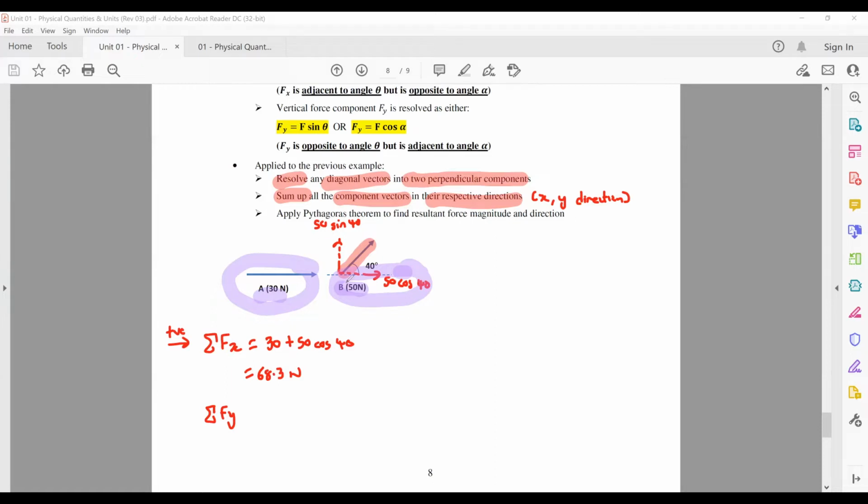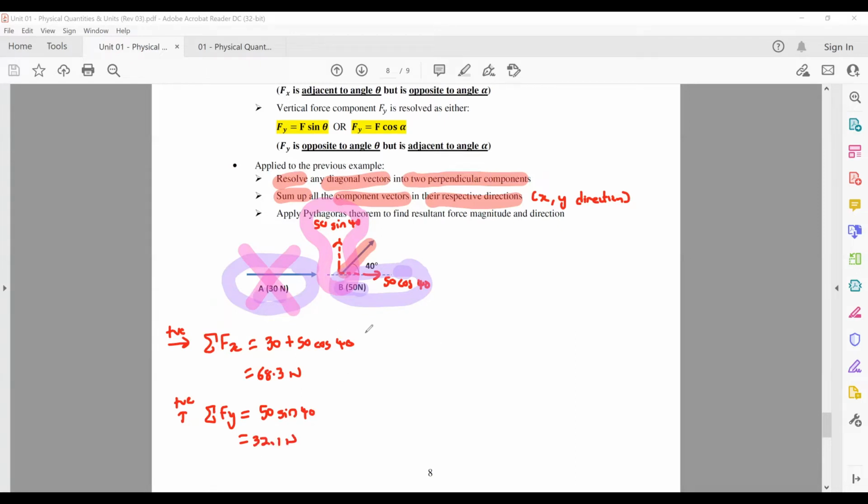You see that the only vector is pointing outwards, right? So you can actually just say that going outwards is positive. So here, when you look at the diagram, you will notice that vector A does not have a vertical component. It is just horizontal. Whereas vector B, there is a vertical component, which is this one. So the only vertical force here is just 50 sine 40, which in turn gives you 32.1